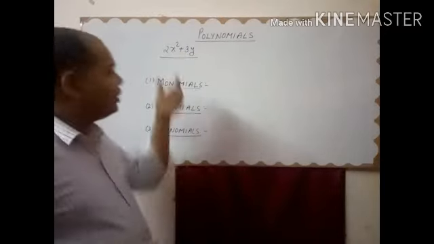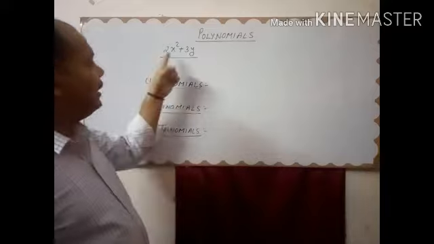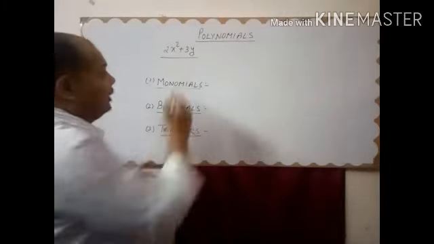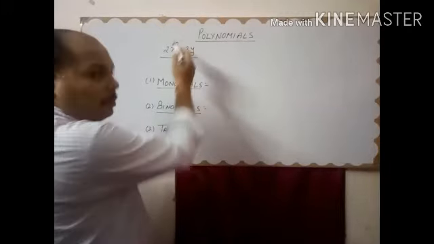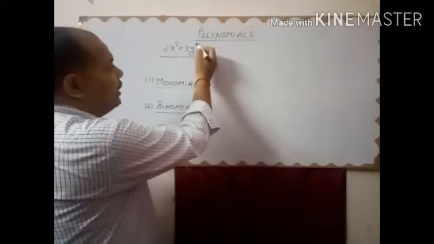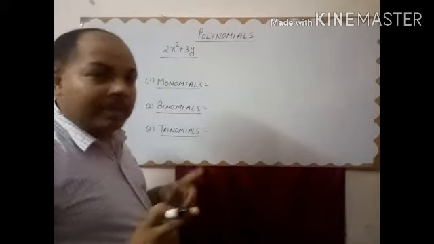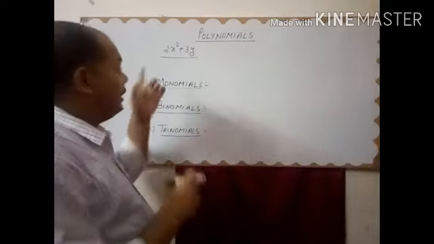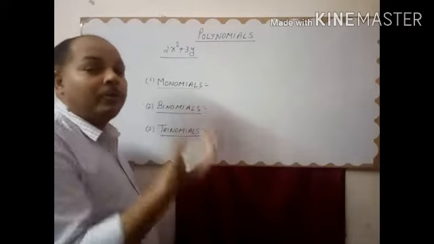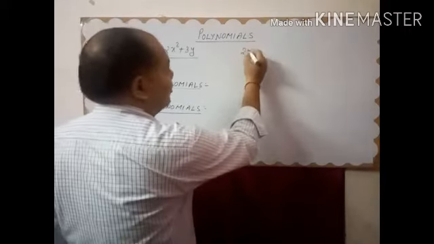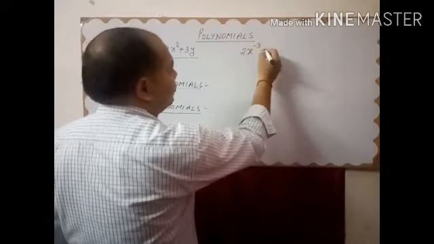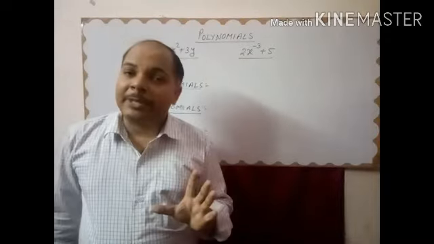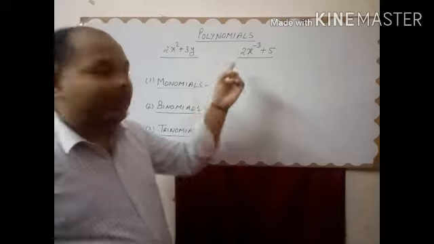Say here, you know this is an algebraic expression, and here two variables are there, x and y. See the exponent. Here the exponent of x is 2, means plus 2. Here the exponent of y is 1, that is plus 1, means both are positive. Both are positive. Okay, so it is a polynomial also. We can call this a polynomial also. But see this, it is also an algebraic expression, but it is not a polynomial.